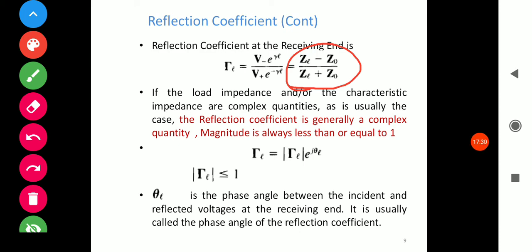So this is intuitive: if the load impedance ZL is equal to Z0, the reflection coefficient is 0. Suppose we are terminating our